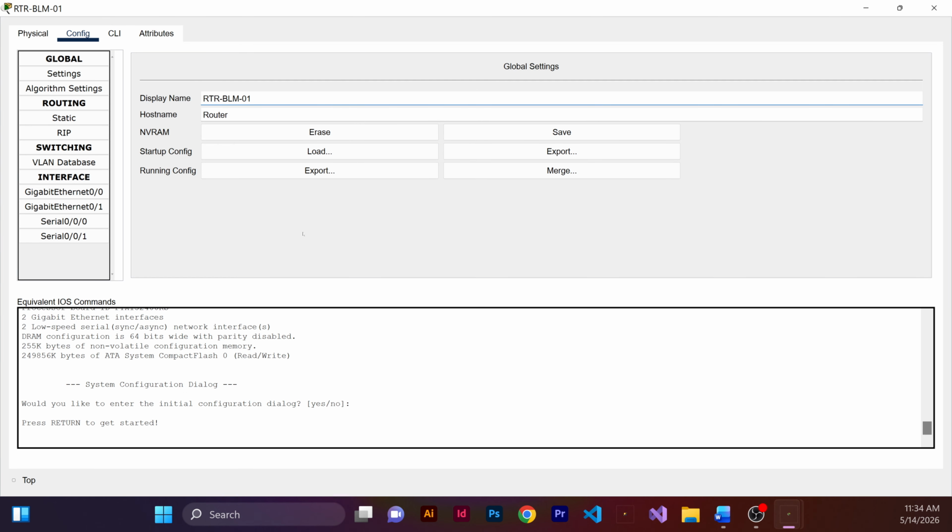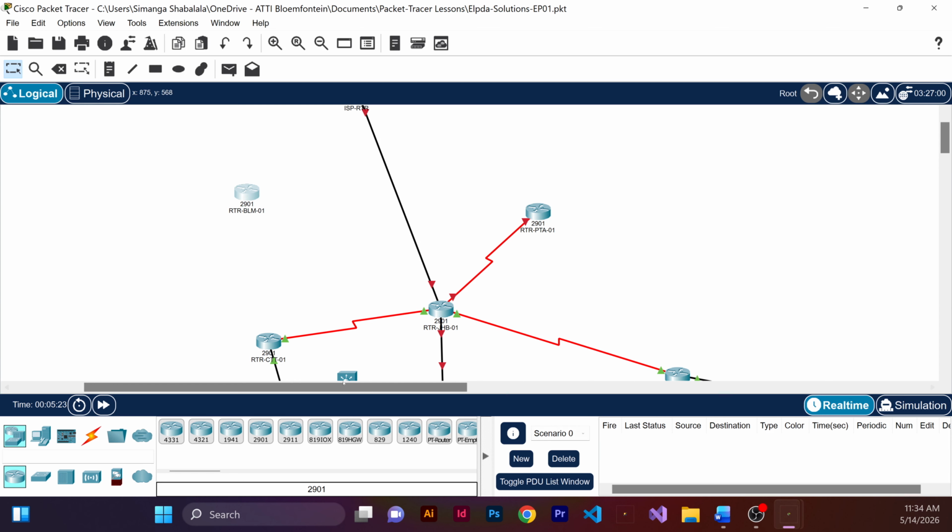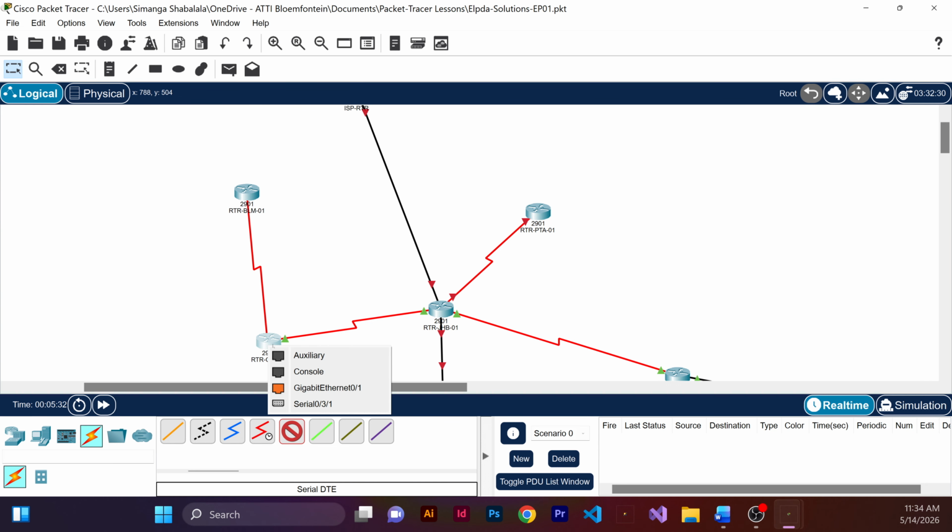But this one I'm going to connect to Cape Town using a serial link. So let's connect this one to Cape Town. So I'm going to put it on serial